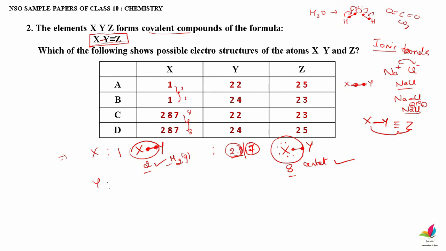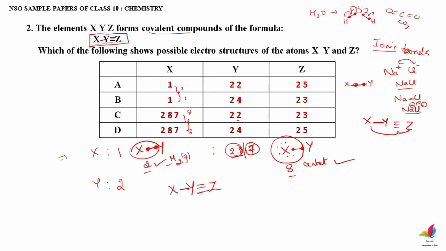In case of Y, you can see here 2, 4, 2, 4. Again, we need to analyze only two cases, that is 2 and 4. Suppose Y has 2 electrons in the outermost shell. First we'll see how many atoms Y is connected to. We know that Y is connected to both X and Z. Y is connected to X through a single bond, and Y is connected to Z through a triple bond.